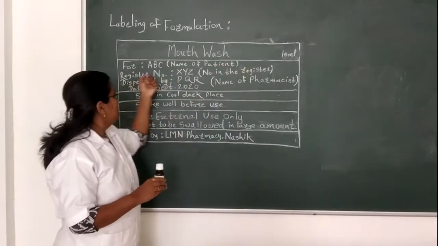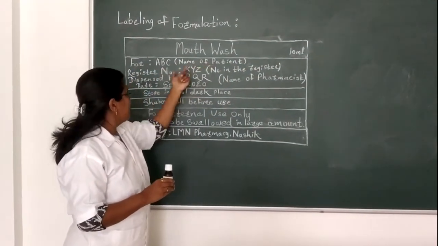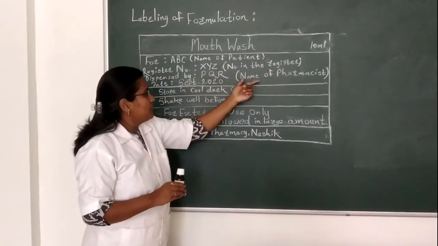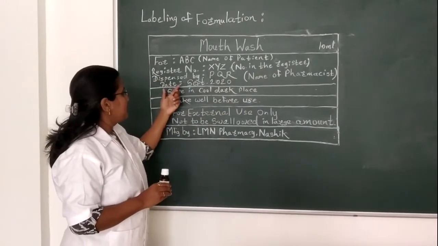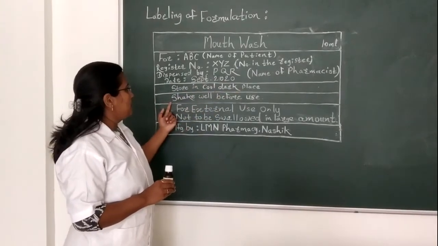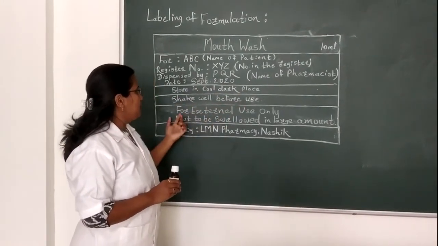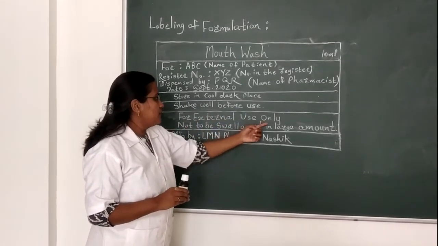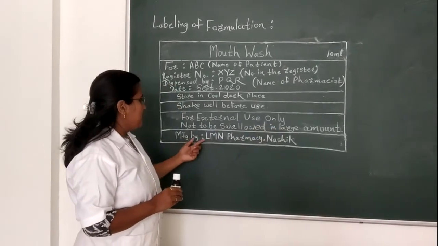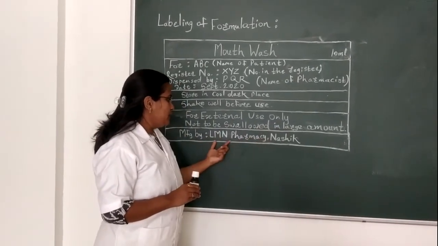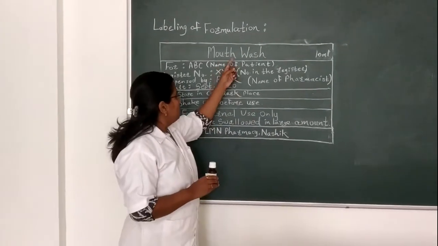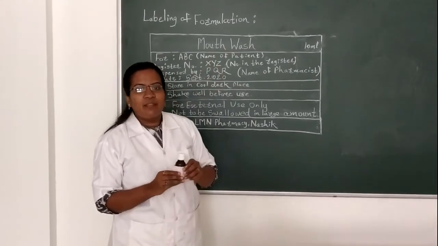Mouthwash 10 ml. For ABC, that is the name of the patient, register number XYZ, the number given in the register, dispatched by PQR, meaning the name of the pharmacist, date of manufacturing September 2020, storage: store in a cool and dark place. One more direction: shake well before using. Another direction for use: for external use only and not to be swallowed in large amounts. Manufactured by LMN Pharmacy Nasik. Here one can write the name of the pharmaceutical industry. Result: 10 ml of mouthwash is submitted in this amber colored